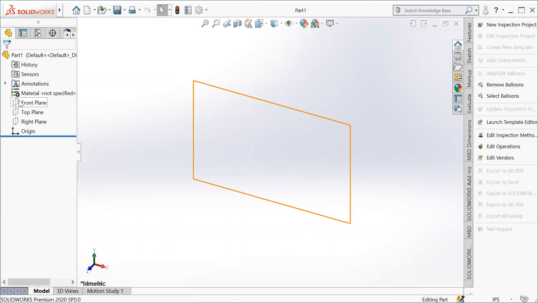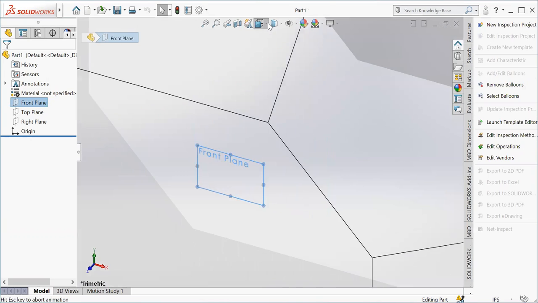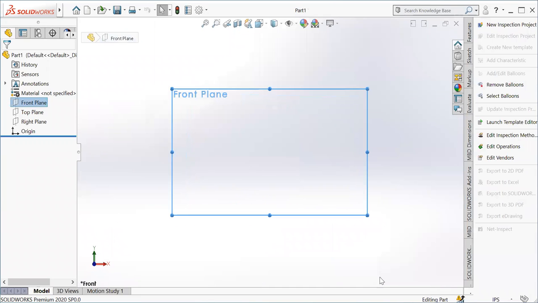So that plane I can select as the front plane. This front plane is in 3D orientation, so I have to make it 2D orientation so that I can properly draw a sketch. So I am making it 2D now.